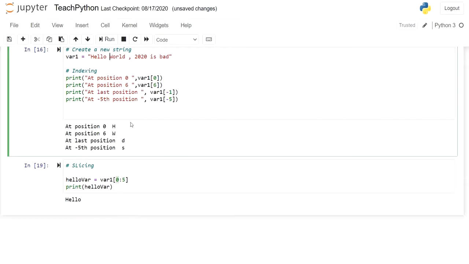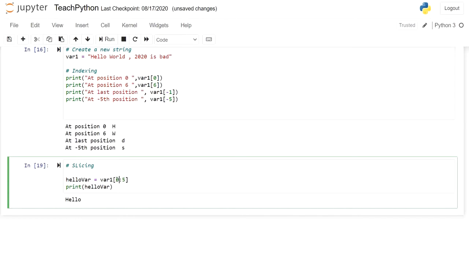The reason for that, guys, is that the value returned will go up to the last index minus 1. This means that when I slice a string from 0 to 5, the actual output will be 0 to 4 only. So this means last index minus 1. Like 0, 1, 2, 3, 4. So this is till here and this will be left empty.